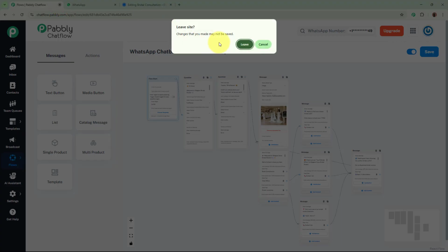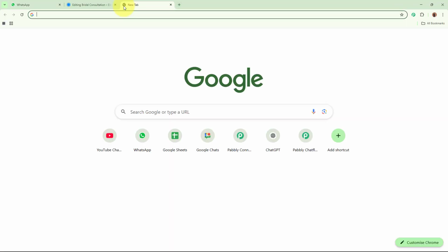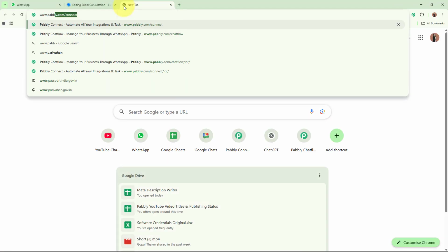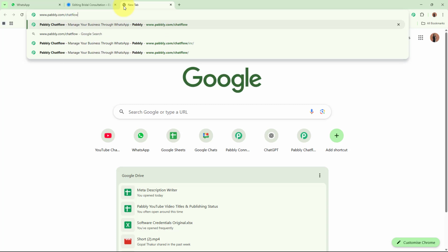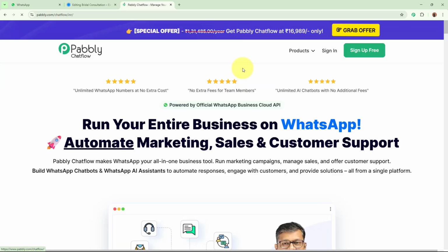And we are going to create this amazing chatbot with the help of Pabbly Chatflow. For that, on a new tab, browse the website of Pabbly Chatflow, that is www.pabbly.com/chatflow. And as I'm going to do that, you can see then Pabbly Chatflow's landing page is going to appear in front of you. On the landing page, you can see we have two options: sign in or sign up